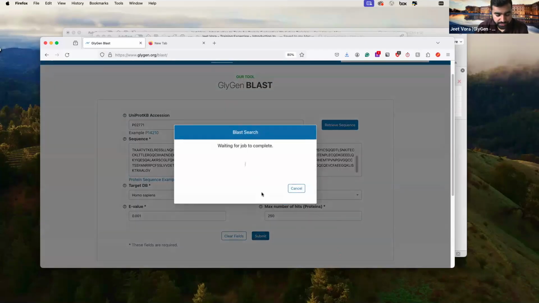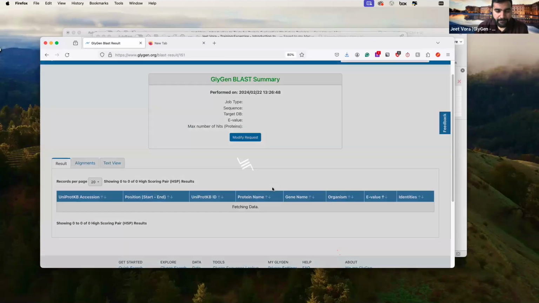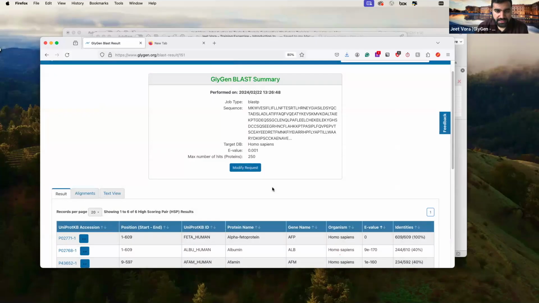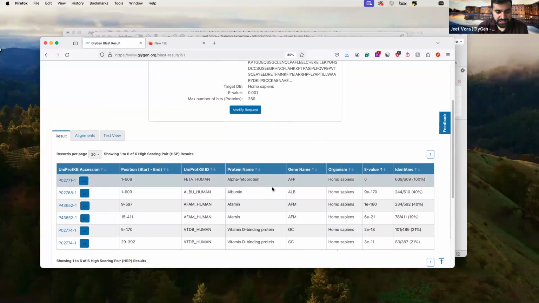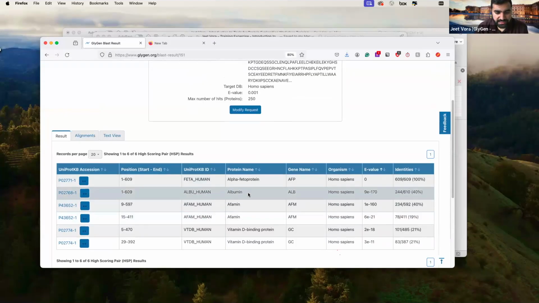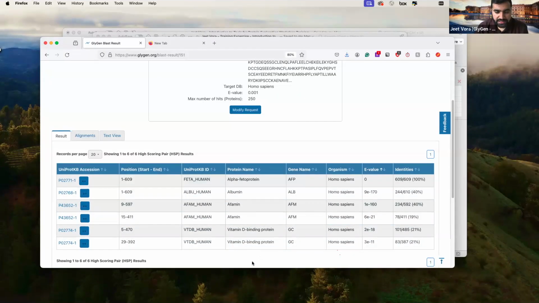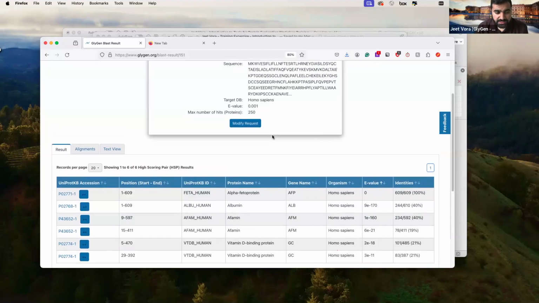The server is going to work on it, send in the API request, perform the BLAST and provide the results. All right. Okay, so it has found 6 high scoring pairs, and in all, I see 3 proteins that are similar